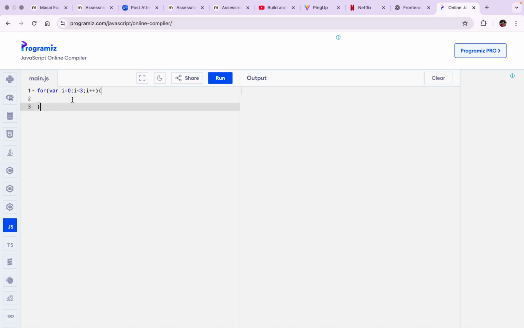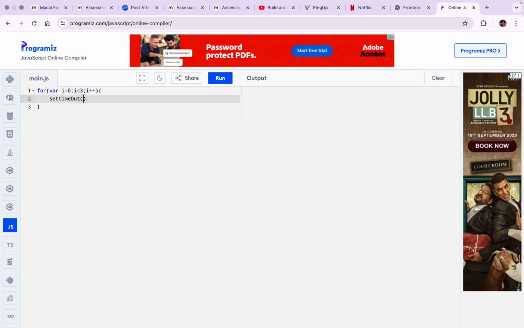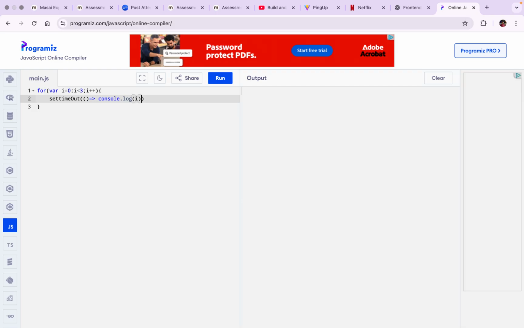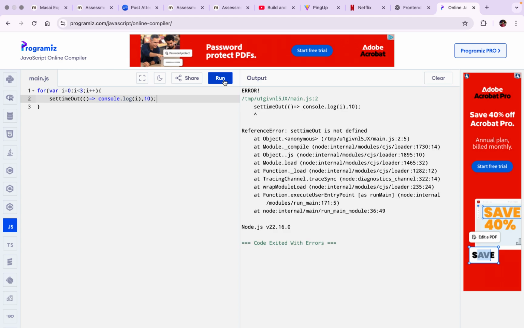Now we are going to use setTimeout with an arrow function that will console.log i. What do you guys think the output will be?